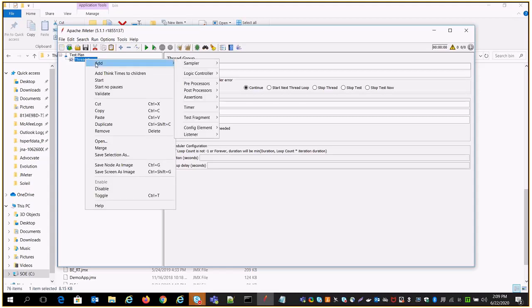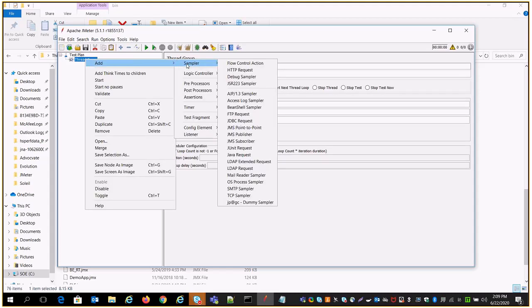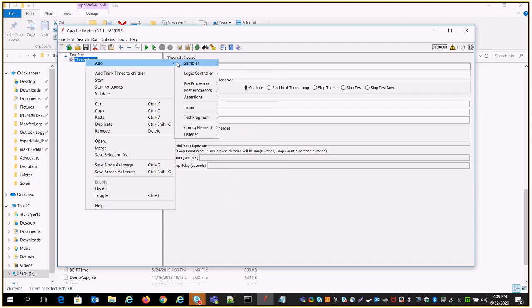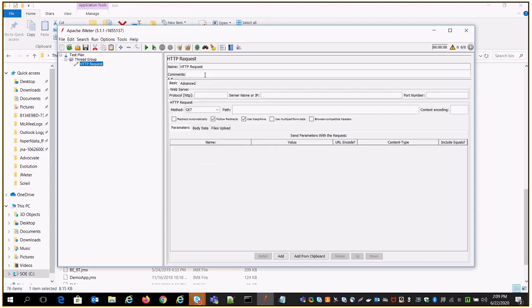After that, we need to add the HTTP, because this is an HTTP request. I told you in the last video that the sampler means which particular protocol we are using there. So this is our HTTP. So go to the thread group, add sampler, and HTTP request. Now under the name section you can put your transaction name, whatever functionality you are going to do. So there I just gave it as GET request.